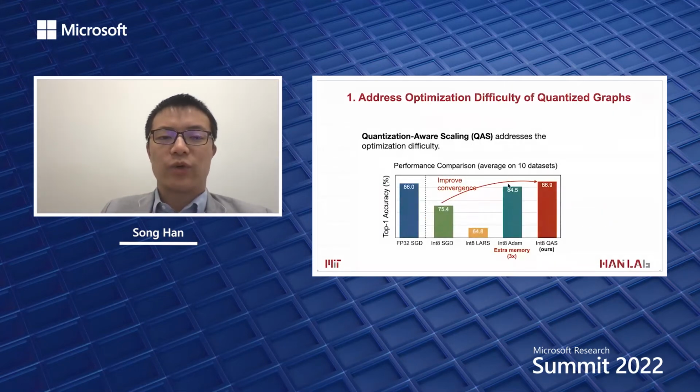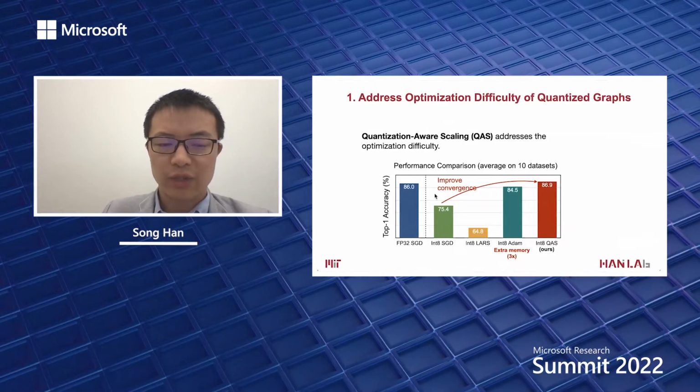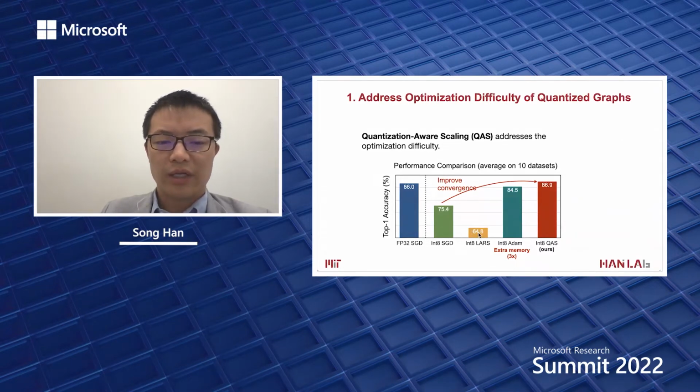So this quantization aware scaling addresses this optimization difficulty, right? If we just use a naive SGD, the accuracy degrades by 10%. Even LARS, which is the layer-wise adaptive learning method, cannot converge very well. And using the Adam solution, we still have accuracy loss, and it has to maintain extra memory of up to 3x in order to store those state tensors,